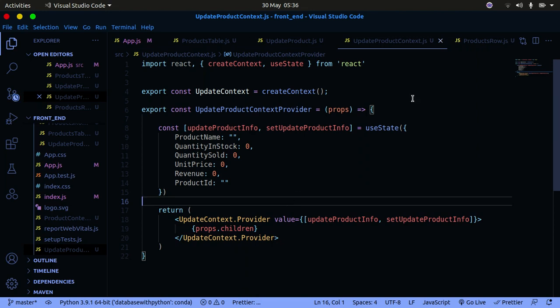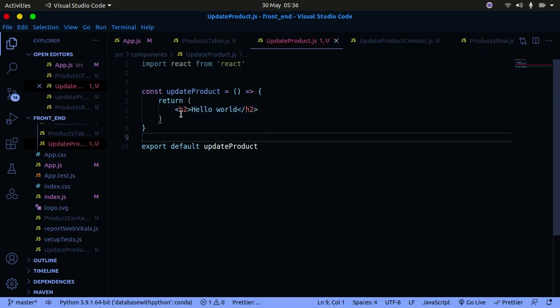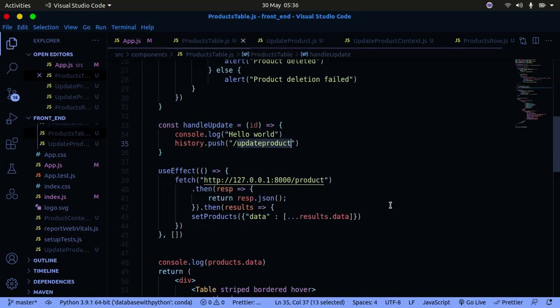So we need to use that context in the updates in here. We need to just undo that. Yeah, for now let's delete it to be hello world, and then we go to the products table, and then